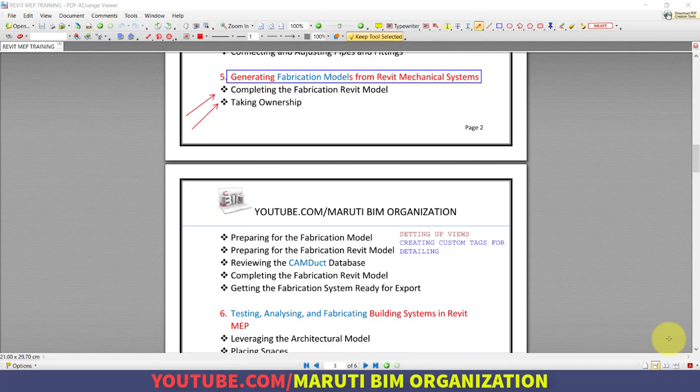So in the previous video, what we have done, we have opened the architectural model from the architects and we have opened the MEP model and we have linked those two models. In the MEP model, we have created the worksets and we have linked the architectural model in the MEP model. Now, we will review this